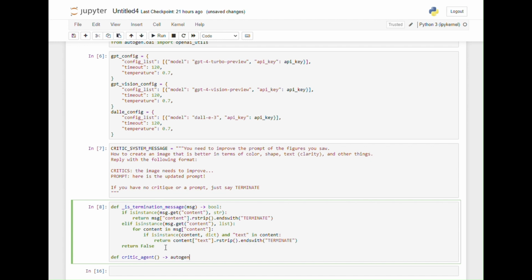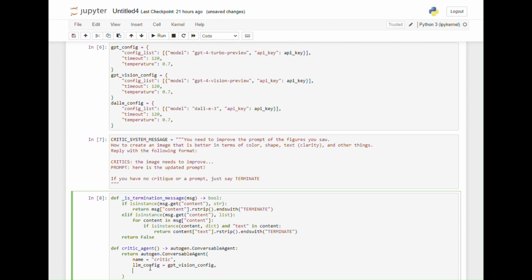Return autogen.ConversableAgent, and let's do right here, name equals critic, llm config equals GPT underscore, this is the vision configuration piece that we've already created, and then system message,